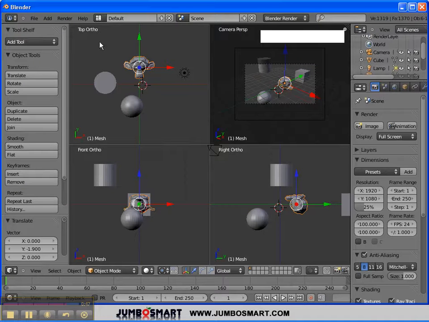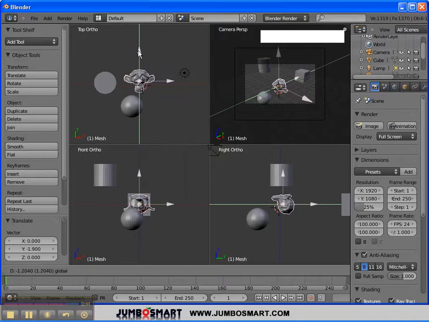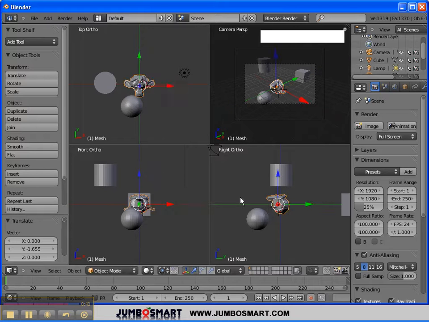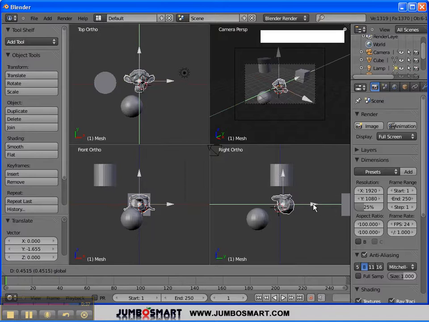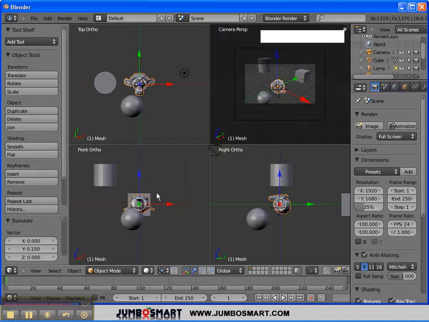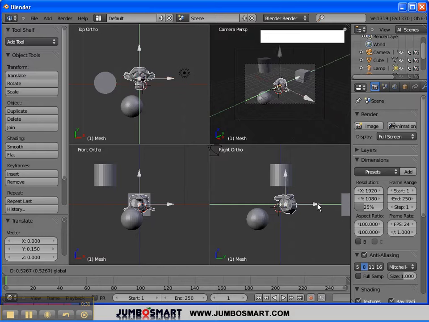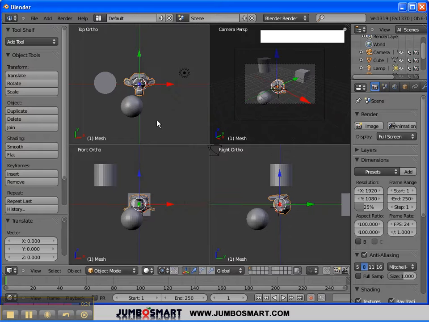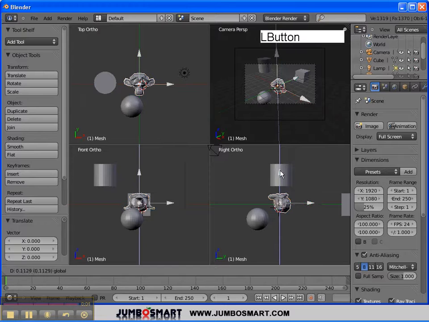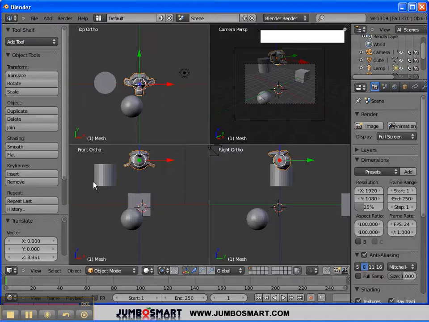So now, as you see in the top view, if I know that I put my monkey in the center there, I can see in this right view, yes indeed, it is in the center. In this view, the front, I don't really see any change, unless maybe I pushed it past the sphere. So experiment with this quad view, and you'll find that it's maybe a little daunting at first, or maybe find it more useful and more natural. I tend to like to work in one view and use the number pad to switch, but this is the way a lot of people are used to operating. This is really helpful if we want to stack things. For instance, let's move the monkey head up. Let's take the cylinder